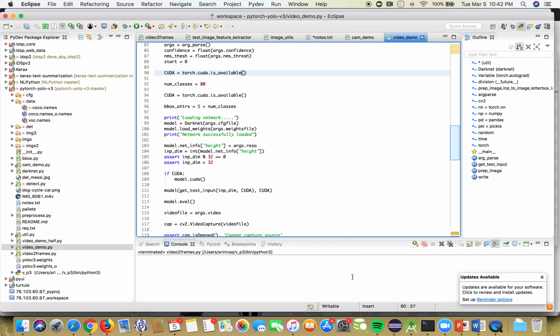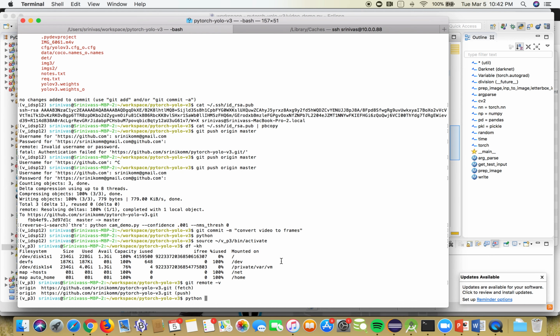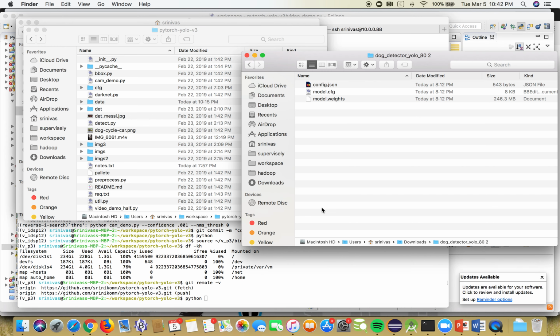Anyway, once you're here, you can do it either through your editor if you have one, or otherwise. Now we're in the mode of testing the model that we just built. So before you do that, you have to copy these weights that you just downloaded into this project's weights folder. So you copy the model.weights